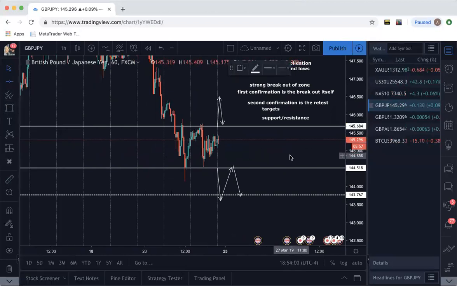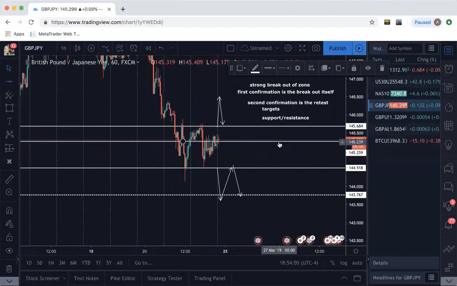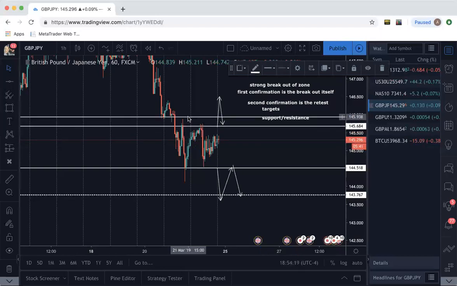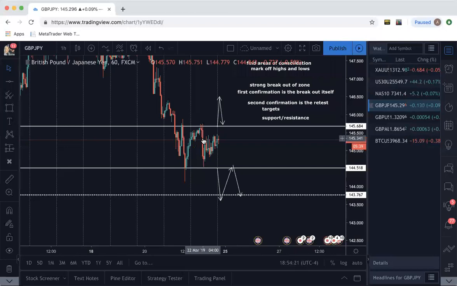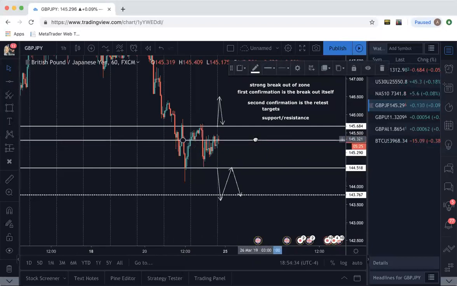Keep it simple. Simple is a little bit in the middle of the box to account for spikes, right? Stop hunts back in the zones. Or if you want to play even more safe with the stop loss, you can set it on the other side of the zone. I don't recommend that because if price starts moving back up, it could come back down, but it's more than likely going to range. On a break and retest, price is going to move away from it very fast. So setting a stop loss in the middle or about 3/4 of the zone is a great way to do it